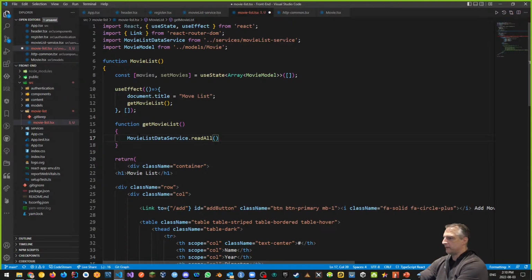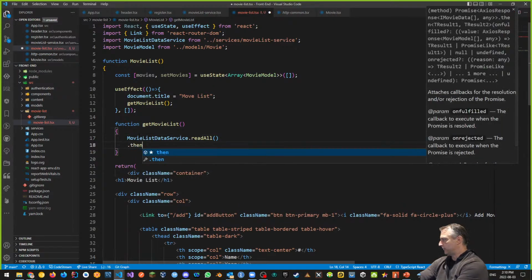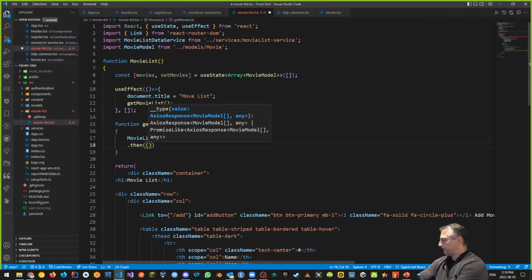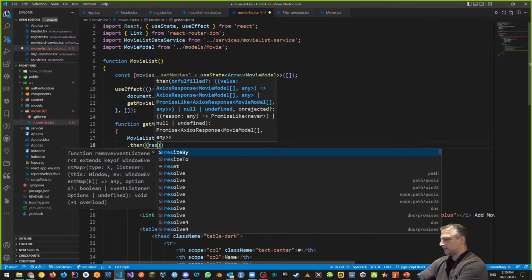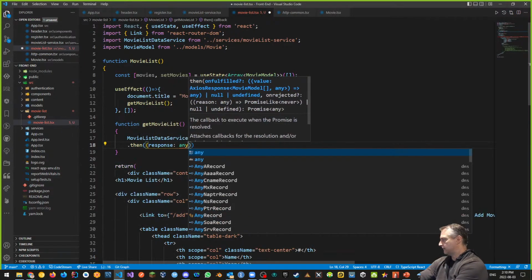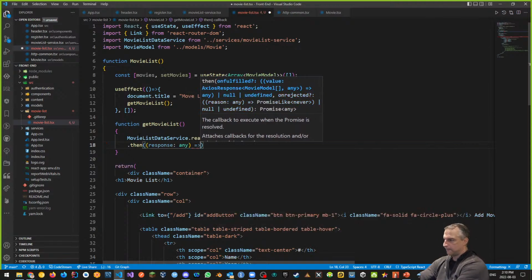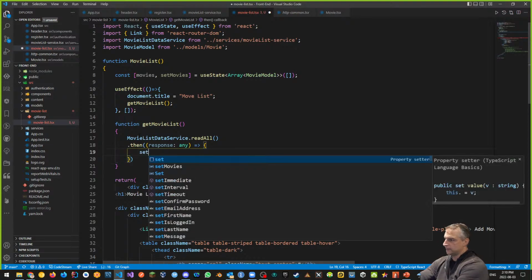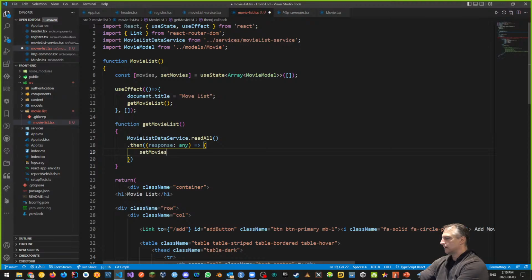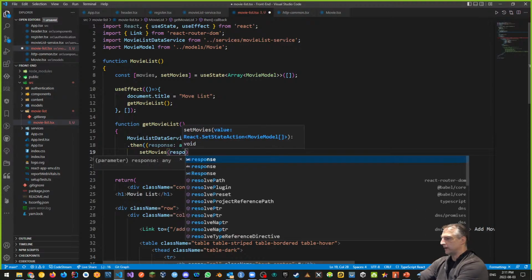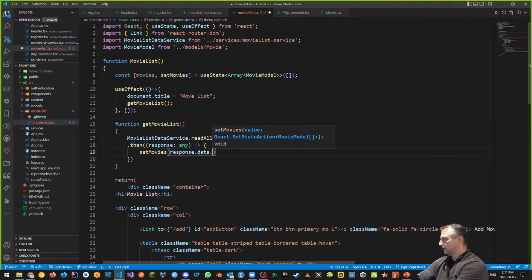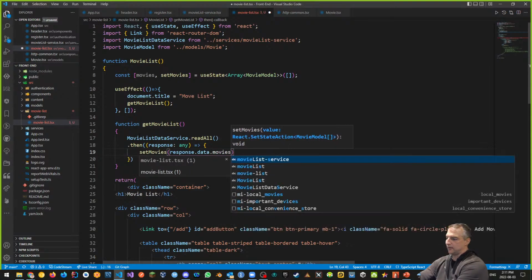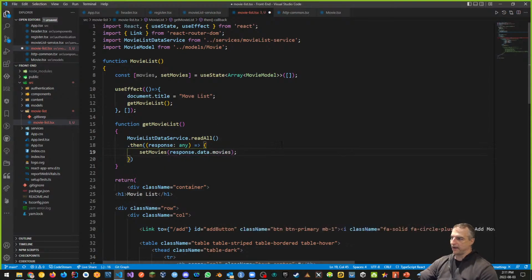And when I read all, after I'm done reading, if there's a response, which is of type any, then what I want to do is set movies, here's my set movies, to whatever the response data is, which are the movies data that we're getting from the back end. So that's what I want to do. So where am I getting